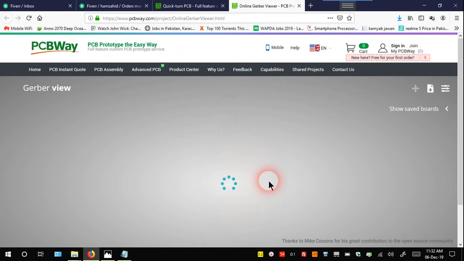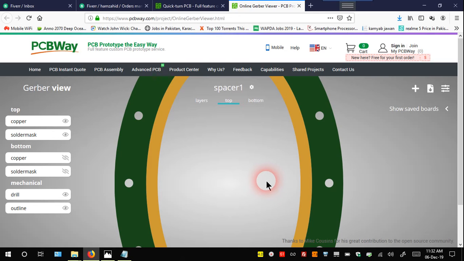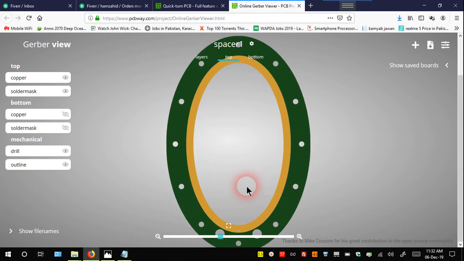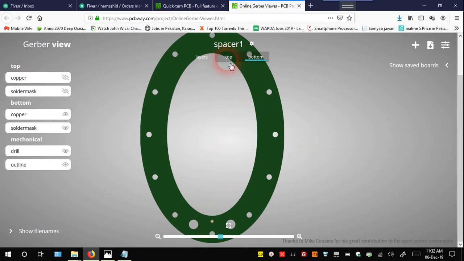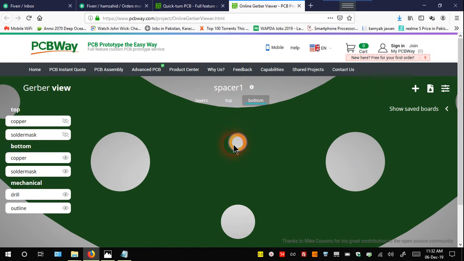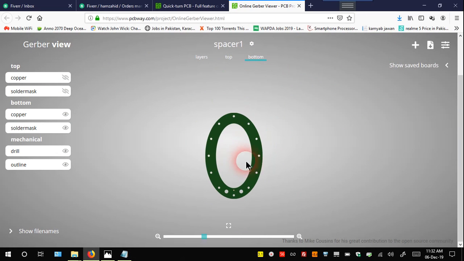Spacer 1. So spacer 1, this is its top, and this is the bottom side. There is just this one via. Okay, this one. And for this one I kept the thickness at 0.4 millimeter, plus the thickness of the top copper layer and the bottom silk screen, etc. It roughly